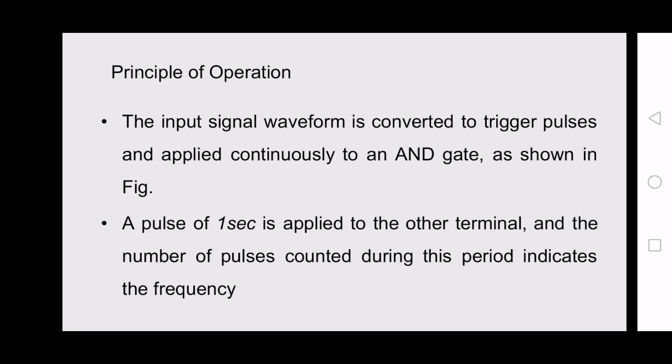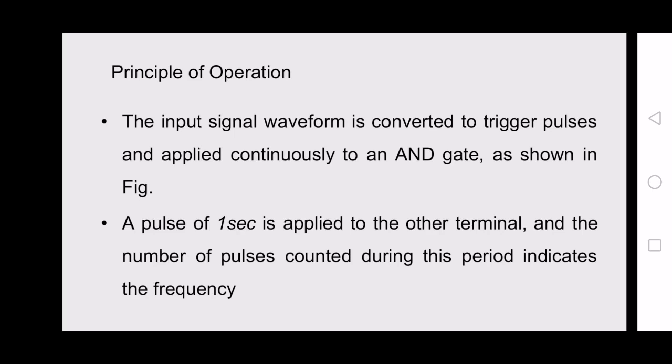So finally we are producing a train of pulses, called trigger pulses, that are applied continuously to one of the input terminals of the AND gate. So that is our unknown input signal whose frequency we want to measure. Whatever the unknown input signal whose frequency we are going to measure, we are applying